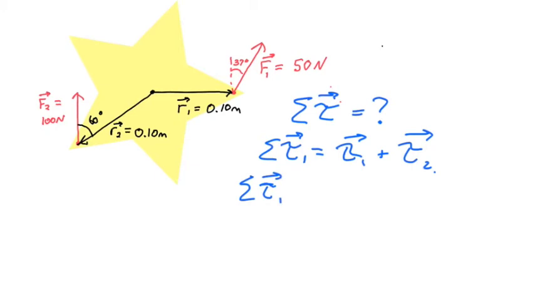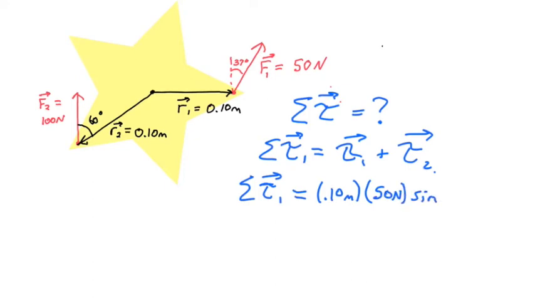Torque 1 will be the torque caused by force 1, and so that'll be r times F times the sine of the angle between those two. So for our r magnitude on this, we'll have 0.10 meters. Our force has a magnitude of 50 newtons